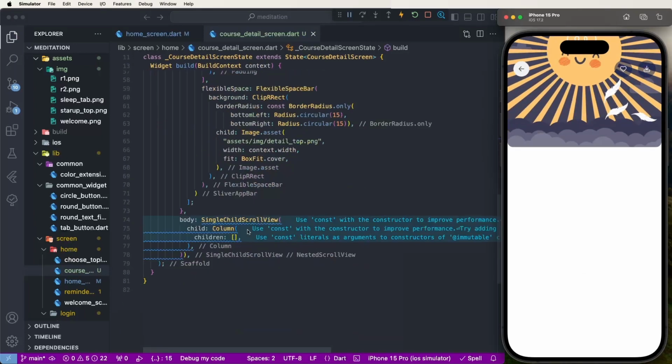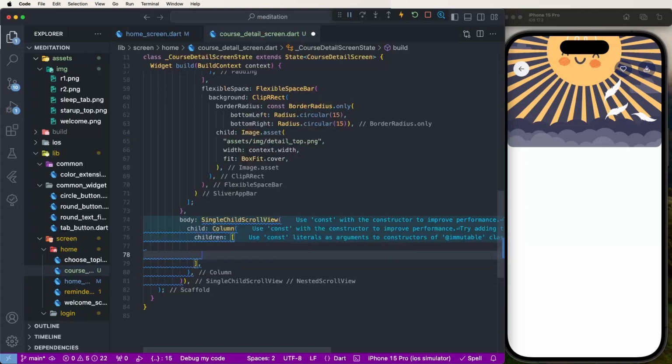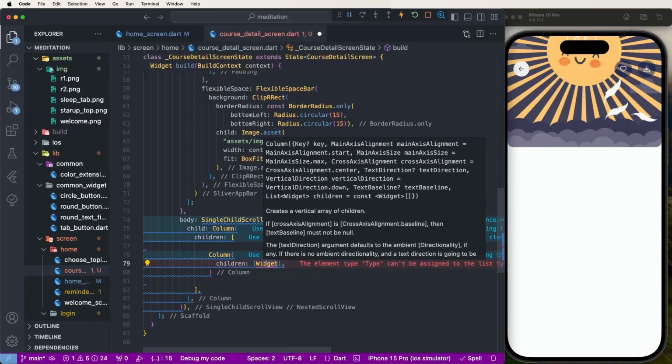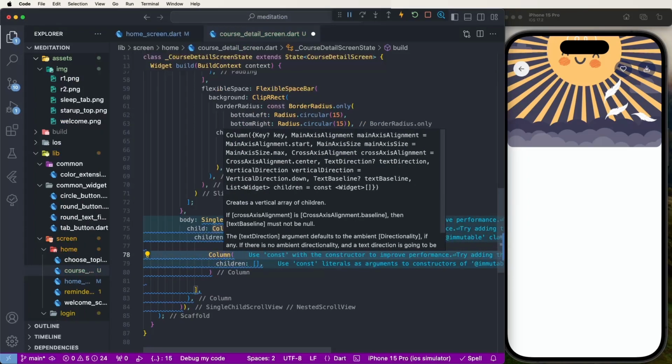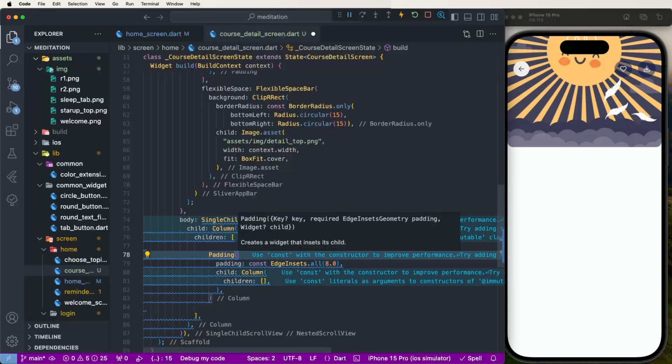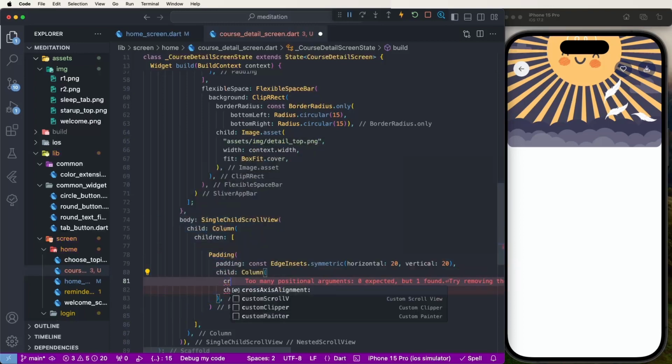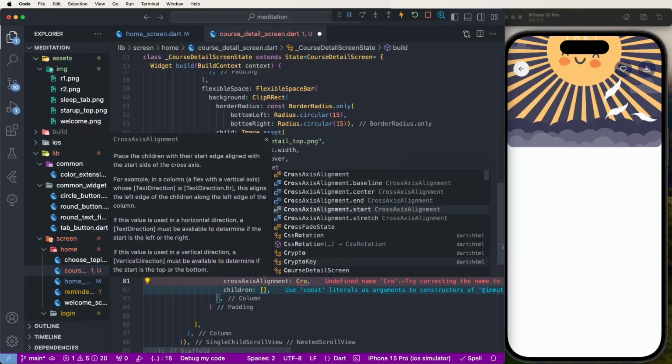Now we need to create the SingleChildScrollView. Inside, we create the Column. Inside, we put the controls needed one by one. First of all, we set another Column and develop the children. Now we set the padding as horizontal and vertical. Horizontal we give 20, and vertical also 20, like this. Now we set the cross axis alignment as start, like this,